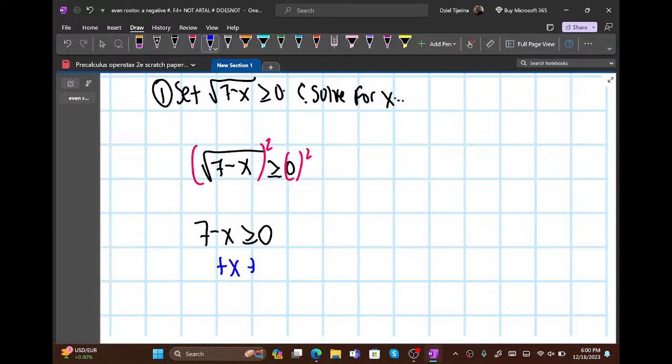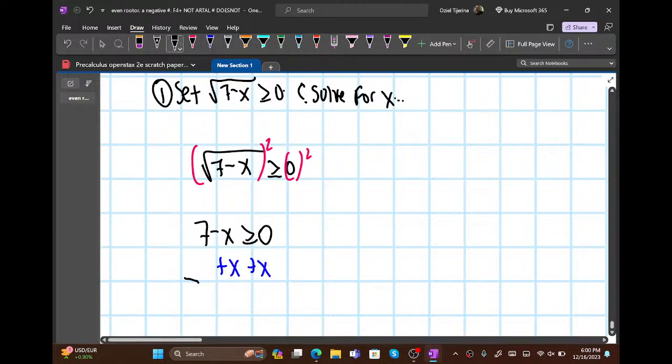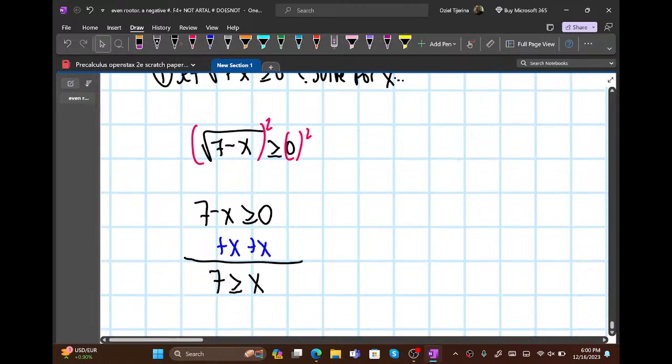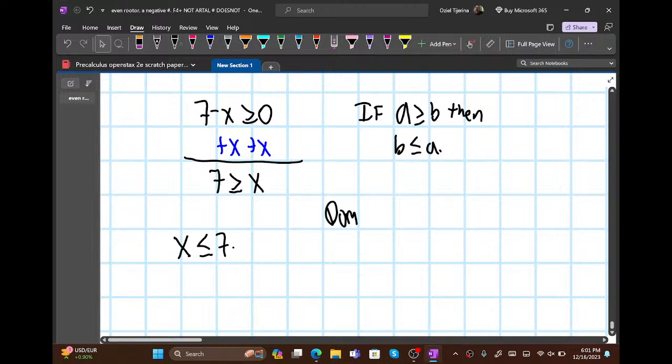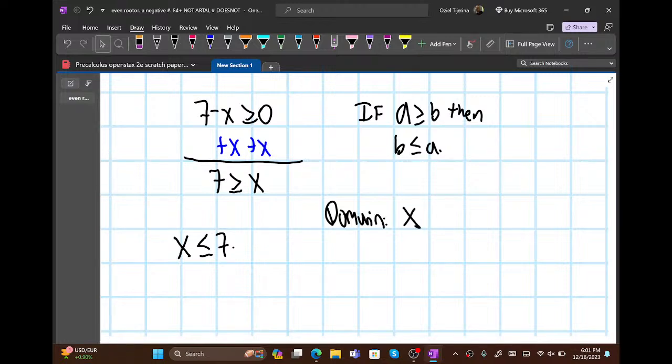We're going to add x to both sides. And 7 is going to be greater than or equal to x. So what this means, guys, is that, again, if a is greater than or equal to b, then b is less than or equal to a. This means that x is less than or equal to 7. So my domain is x such that x is less than or equal to 7. This would be in set builder notation, but in interval notation,